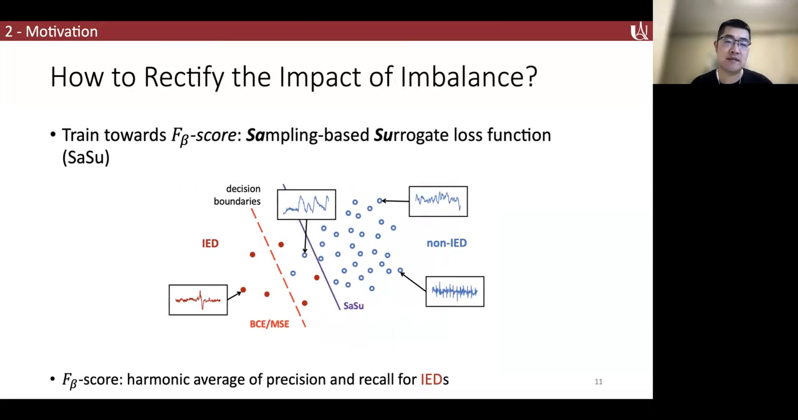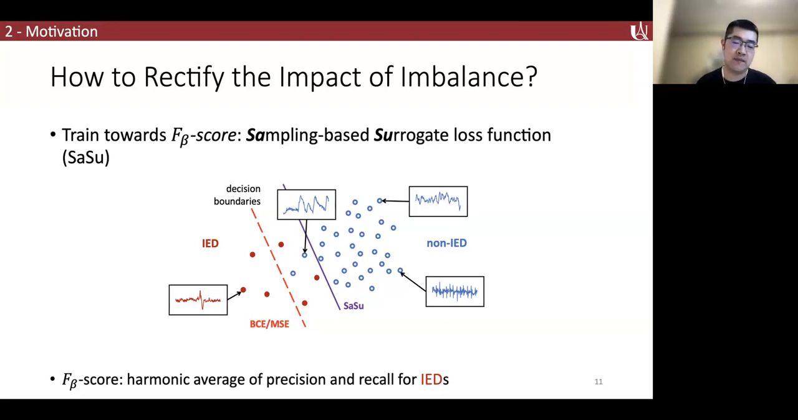In this method, we propose a new loss function, which we call SASU. SASU comes from sampling-based surrogate loss function, to rectify the impact of imbalance. Basically, SASU is a surrogate F beta loss function. F beta is the harmonic average of precision and recall for the IED patterns. By optimizing towards the F beta score, we put more focus on the IED examples